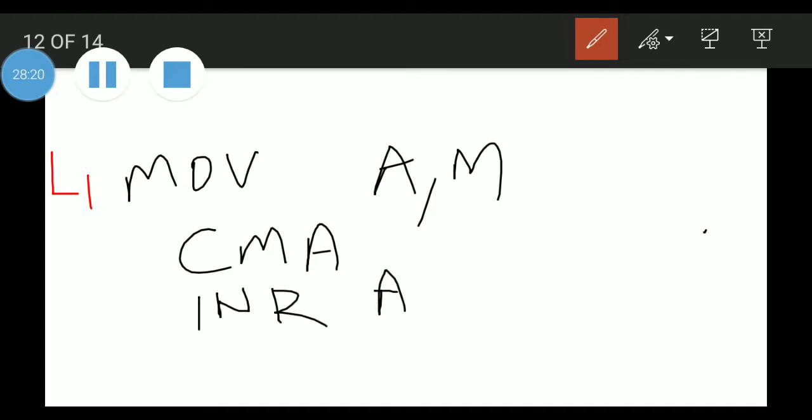What did we do? We added 1 to the answer. So the content of the accumulator we increment by 1 and write the same steps. This will give you your 2's complement. The first program example was of 1's complement, and now it is 2's complement. Did everyone get the logic of 2's complement?